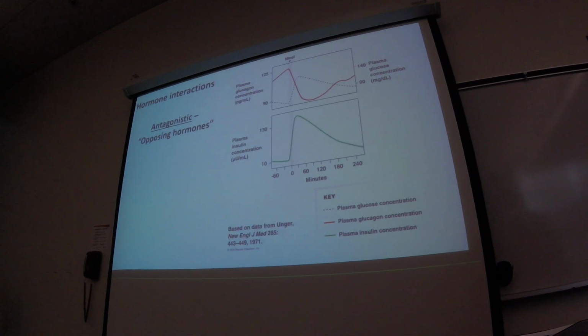When one is high, the other is low, and vice versa. So this is an example of antagonistic hormones. You've seen this example before, so I'm not going to have to really explain it too much. But yeah, those are the three different types of hormone interactions. Let's move on to some